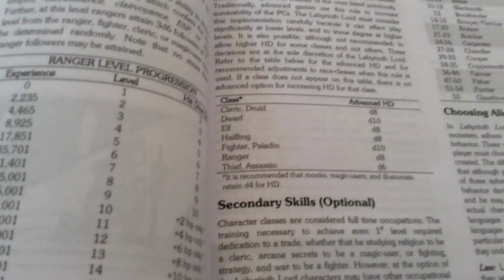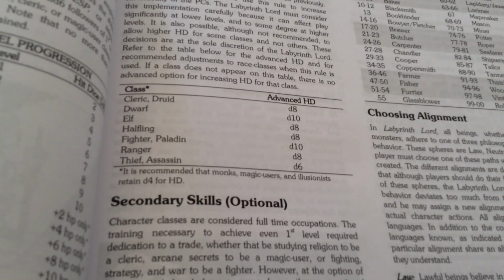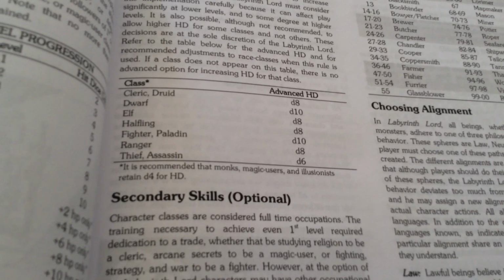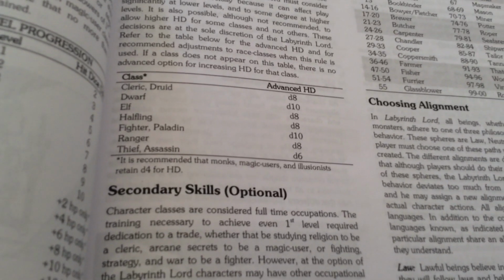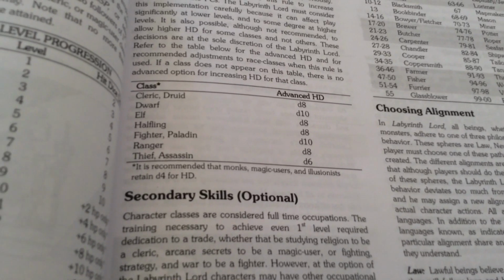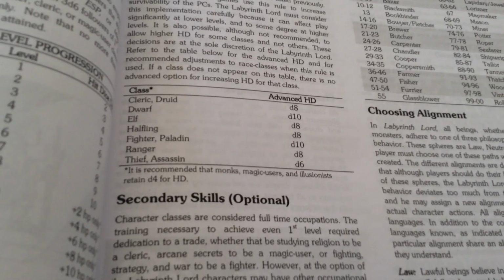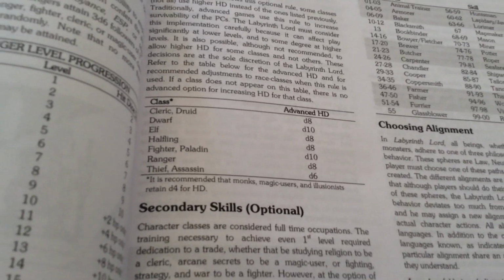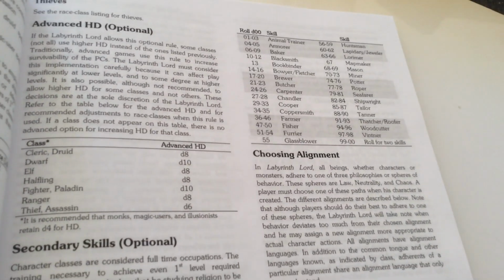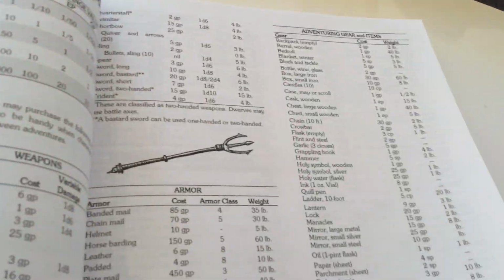But then they have an optional rule where you can give them advanced hit dice. So clerics and druids get 8-sided, dwarves get 10-sided, elves get 8-sided, halflings get 8-sided, fighters and paladins get 10-sided, rangers get 8-sided, and thieves and assassins get 6-sided. So that's more in line with what I'm used to from Advanced Dungeons & Dragons. They've got the secondary skills, and starting ages, we have equipment,